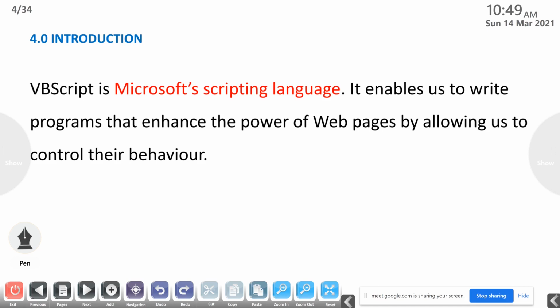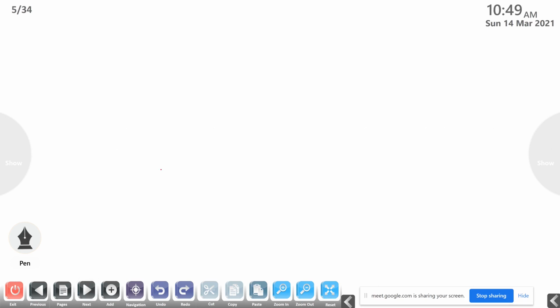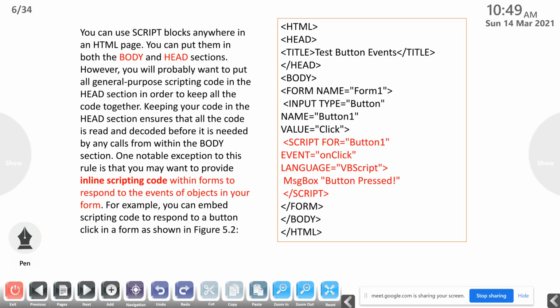Microsoft is the company who developed our most famous operating system, that is Windows, and this VB script enables us to write programs that enhance the power of web pages by allowing us to control their behavior. There is no need for much introduction for this scripting language that we already discussed in JavaScript.